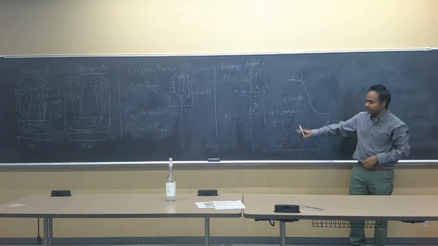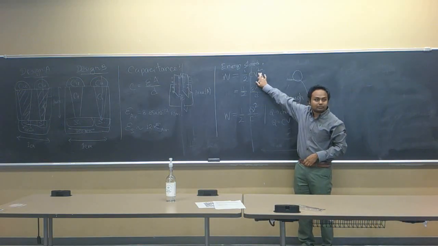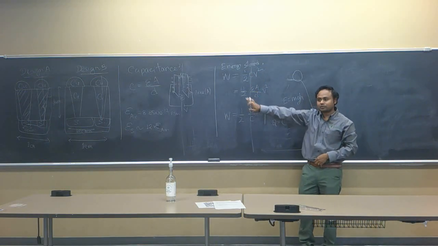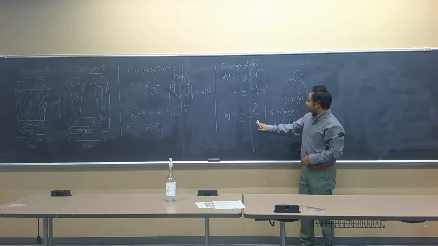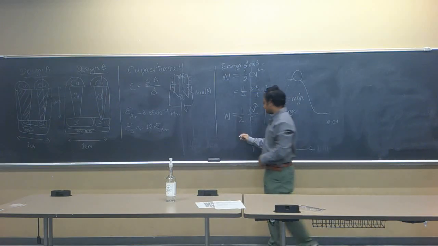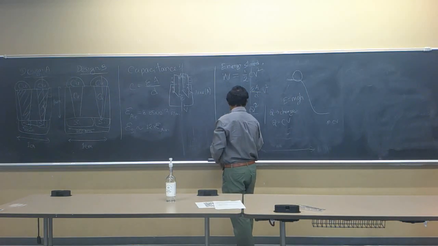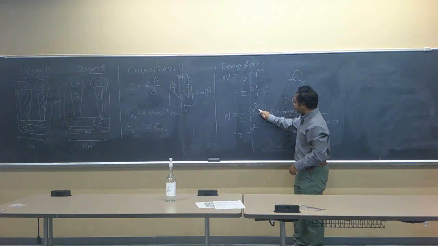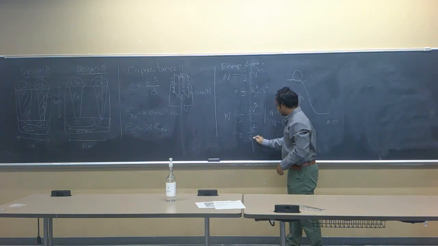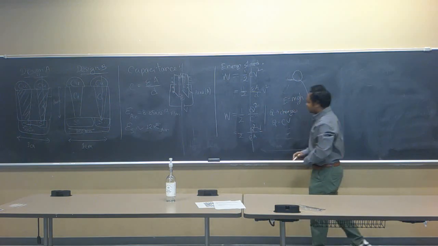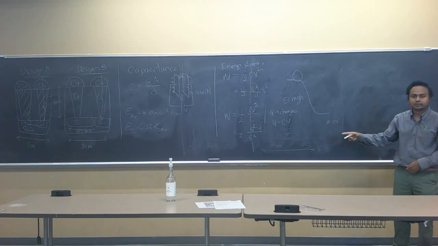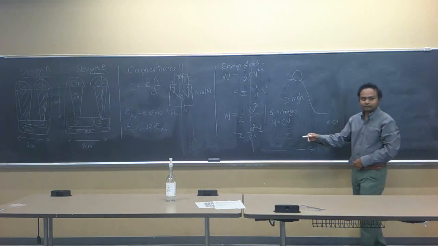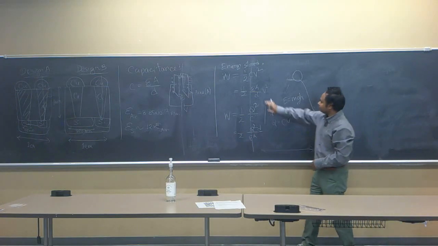Do you follow this? These two equations are exactly the same. Any question up to this point? No. Okay. Now let's just plug in the value of capacitance into this equation. How should I write it? At the numerator I should write Q square, and in the denominator I should write epsilon A divided by D. Isn't it? Are you following this? Yeah.